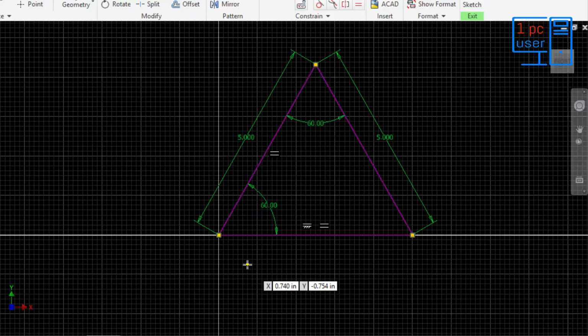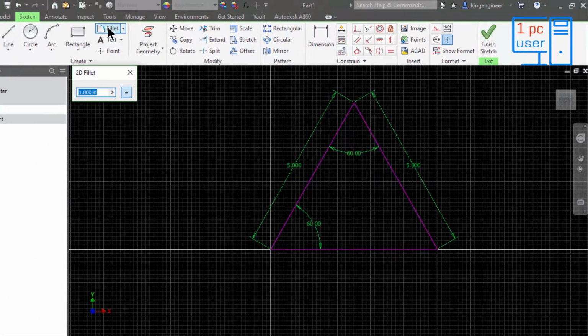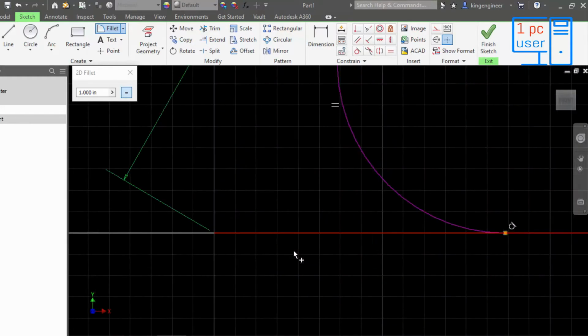Now I am going to show you what is the problem with this heads-up display, and for that I would like to use here fillet command. I will use fillet on this one and this one, again this one and this one, this one and this one. Now it got the correct shape, but you have noticed here this line is still extended, it is not trimmed.